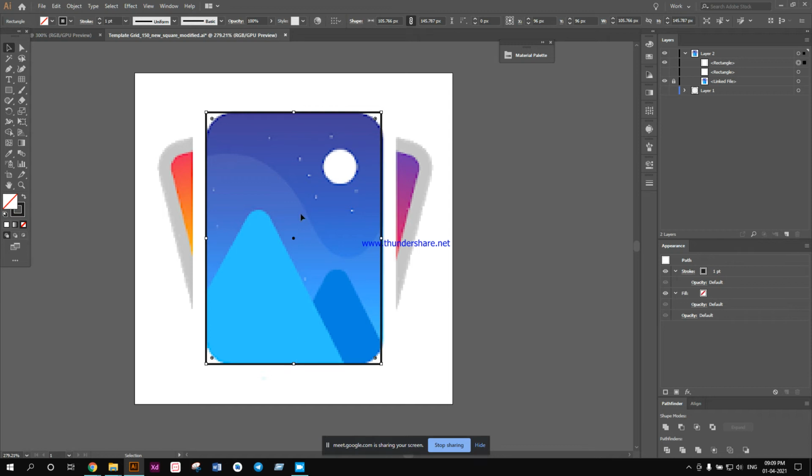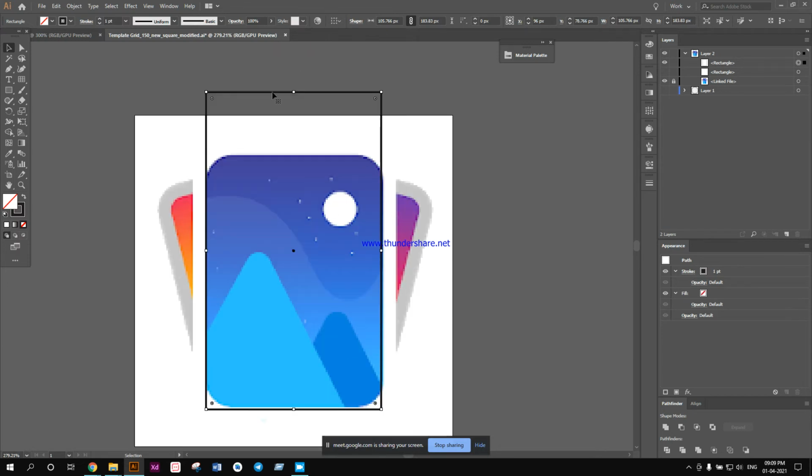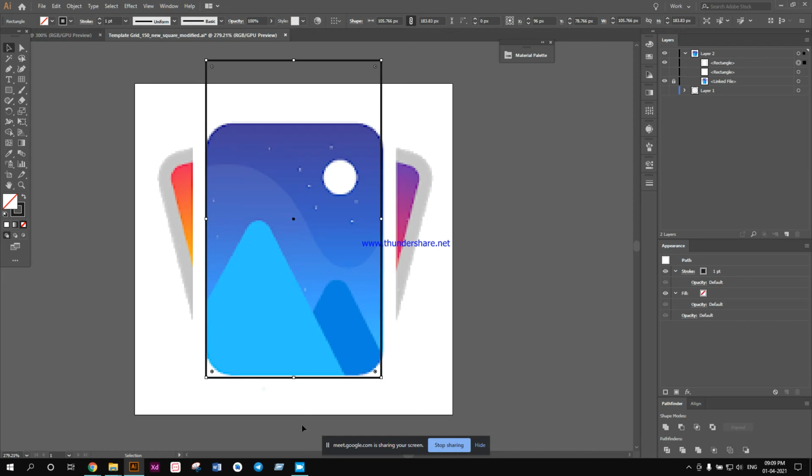You can just do it at once. What I meant was that suppose I drag this edge without pressing Alt, and I do this, only this edge is extending. This edge is not extending to this side. So I want the extension or the decrease to be symmetrical. That's why I press Alt and then bring it inside. Okay.